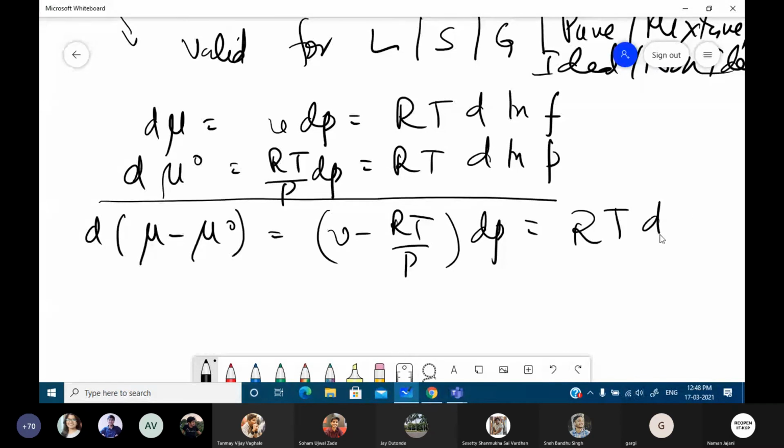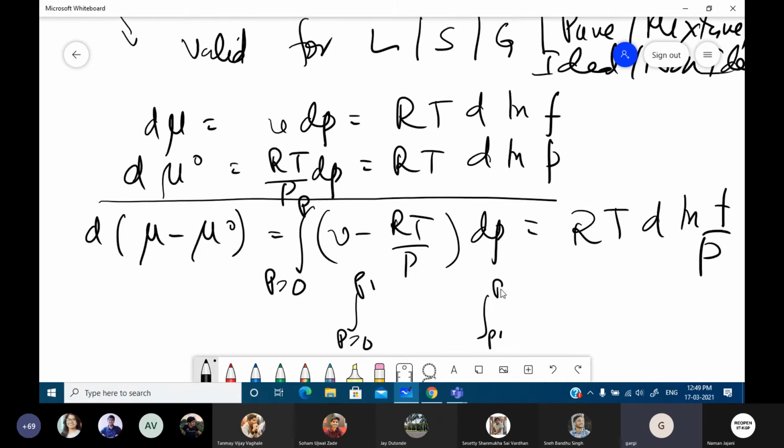And then what do you know? From P equals 0 to P, if you know the PVT behavior of the gases, and provided you have to remember, from 0 to P the same equation has to be valid. If it is not valid, then this has to be broken down into a number of integrals, say P1, then P1 to P2, etc. And for each case, V minus RT by P has to be done, just similarly to the way you have done it for the case of a liquid, right?